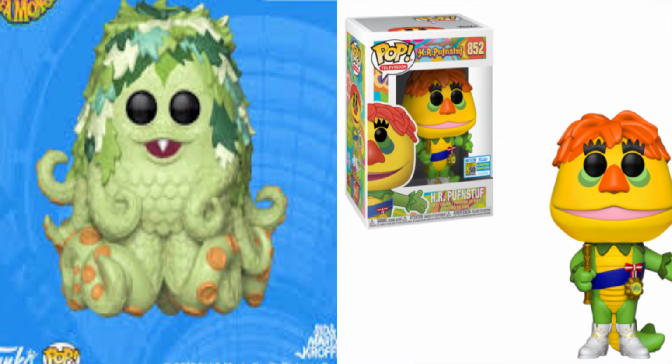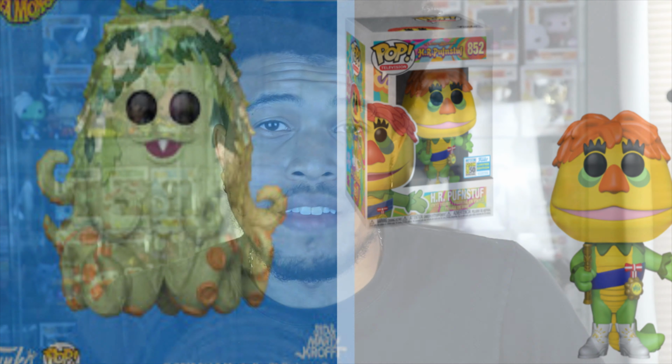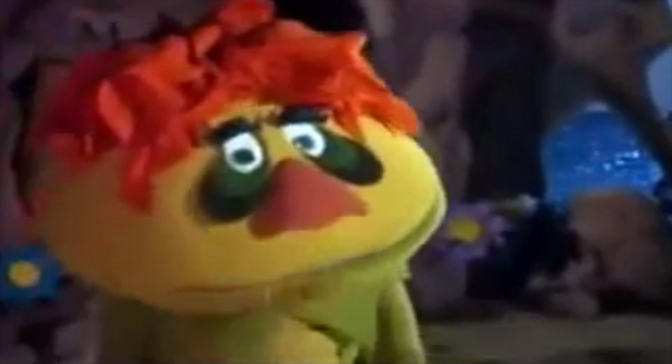And that is actually Sigmund the Sea Monster, and H&R Puff and Stuff. Again, this is a nostalgic thing for me. I was born in the early 90s, but I think this show was back in the 70s. My parents made me watch this growing up, so I'm really familiar with the show. They were really cool figures. I had no idea what was going on in the show as a kid, but they always stood out to